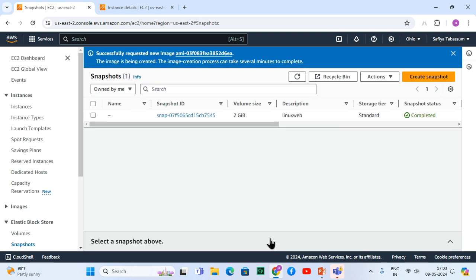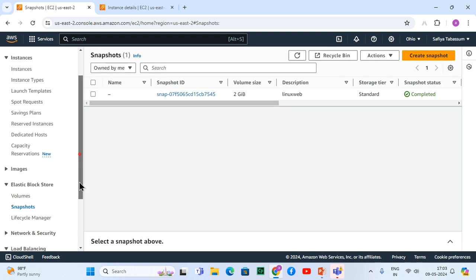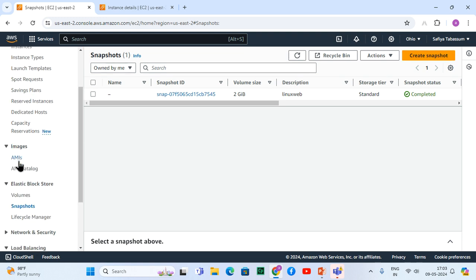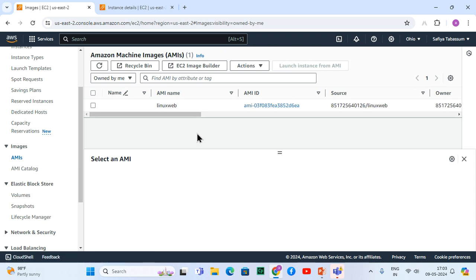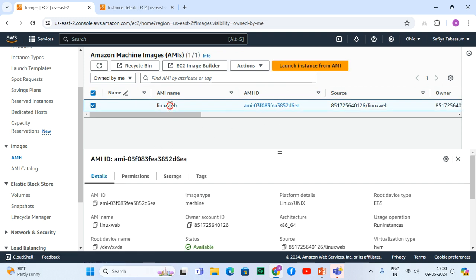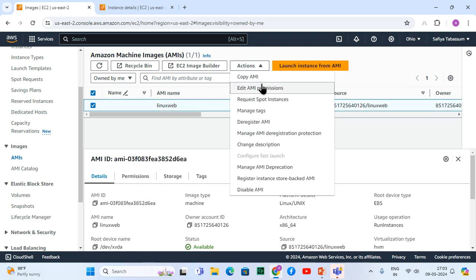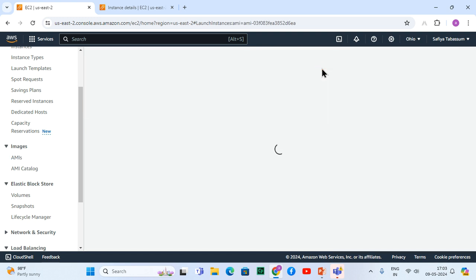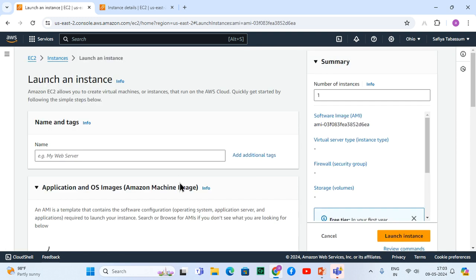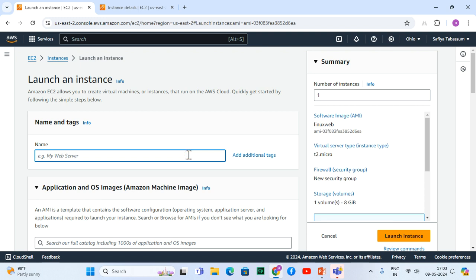Now from the snapshot, from the backup, I created an image. Where do you find the image? Left side. AMIs. Next one. Select it and say what? Launch instance from AMI. That's it. The new instance will be launched with the help of the same hard disk.